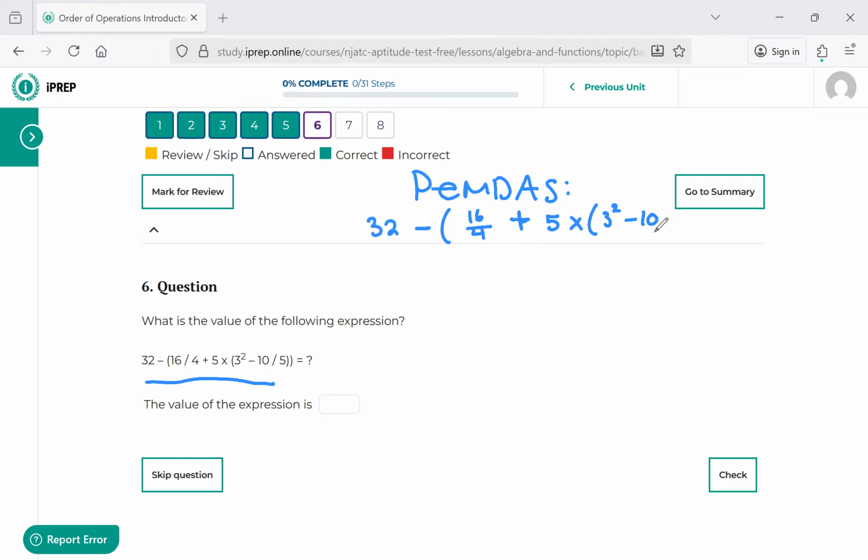Okay, so be careful. This 5 is only under the 10. And then